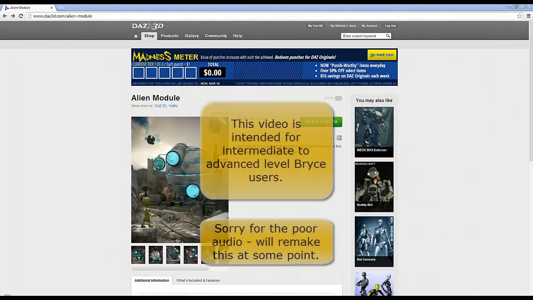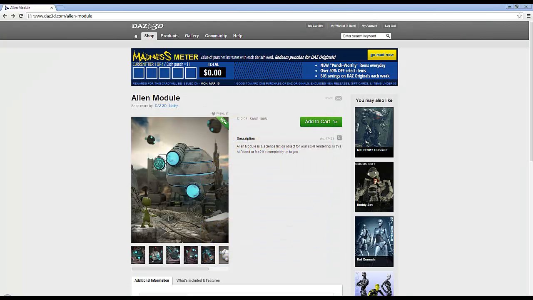The aim of this video is to go about converting a DS prop into something that can be rendered in Bryce. So we're going to have to start in Dash Studio, and then I'll show you how to convert things into Bryce as best we can. So this is the prop I'm going to use for my example, and I'm just going to launch Dash Studio